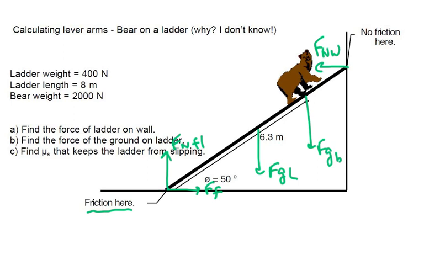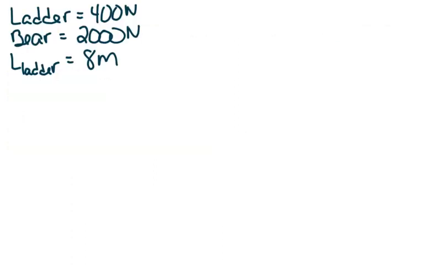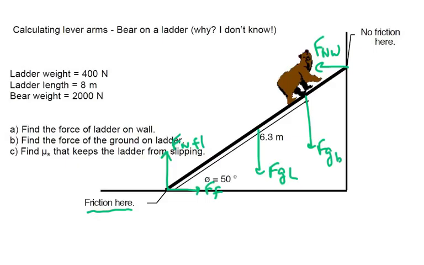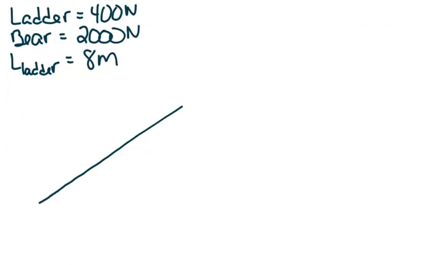So this is a ladder. It's going to require a torque diagram. My torque diagram is going to look exactly like the ladder did in the picture, that way we don't mess up any angles. So here's my torque diagram. We're going to take all of the forces we just identified and put them on our torque diagram at their proper locations. So the normal force from the wall, the frictional force from the floor, the normal force from the floor,